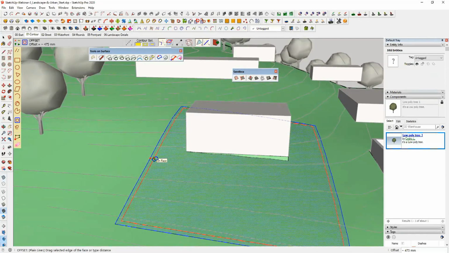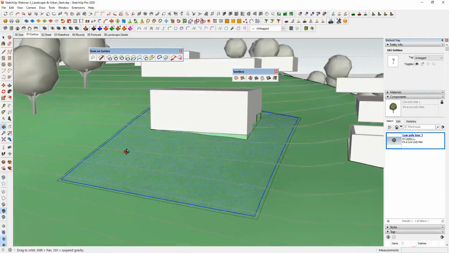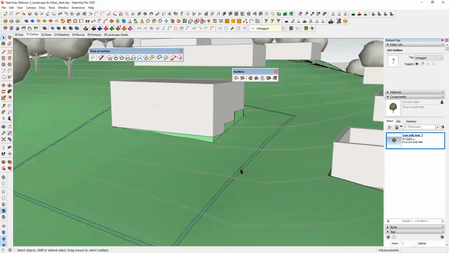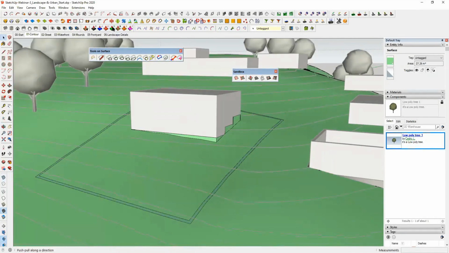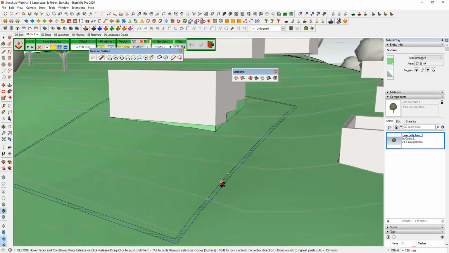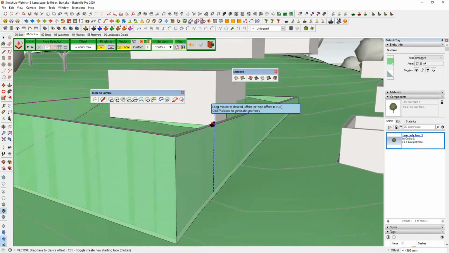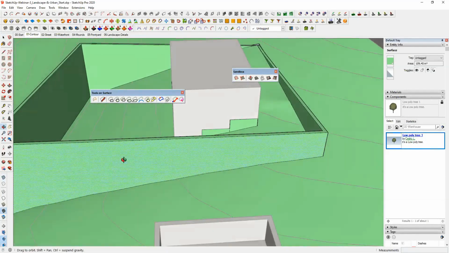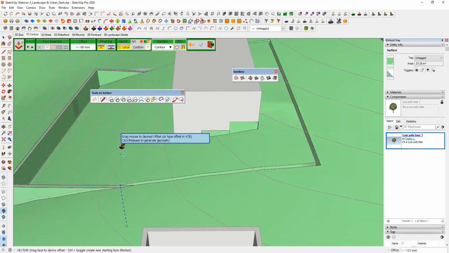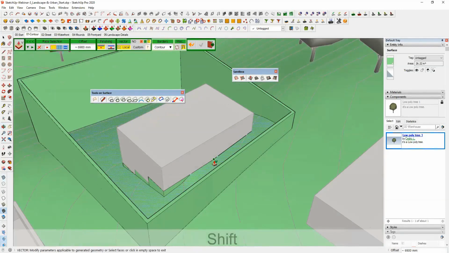So let's create a boundary wall of 300 thickness. We have the boundary wall placed. Now I'm going to select the wall and go with vector push pull and give it a height. Let's start with this height first. Now we need to provide some more height value here. So we have this height, and I can